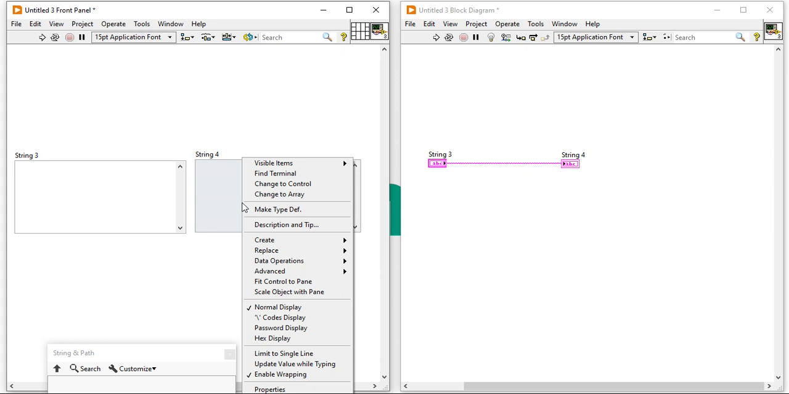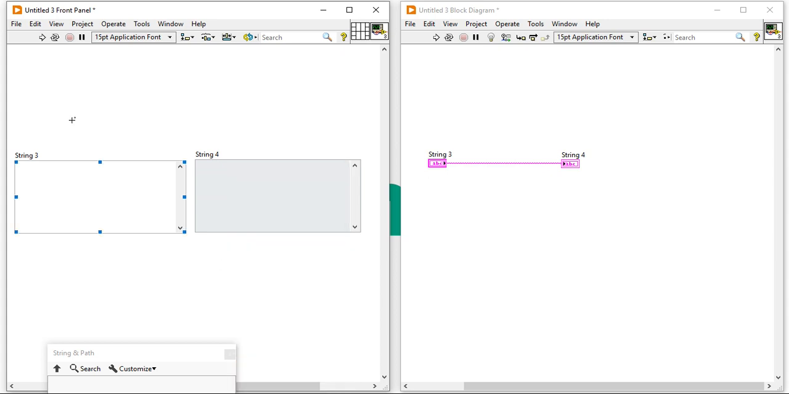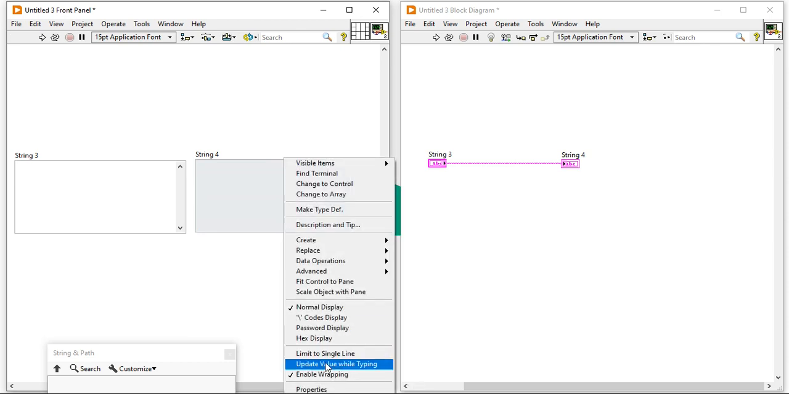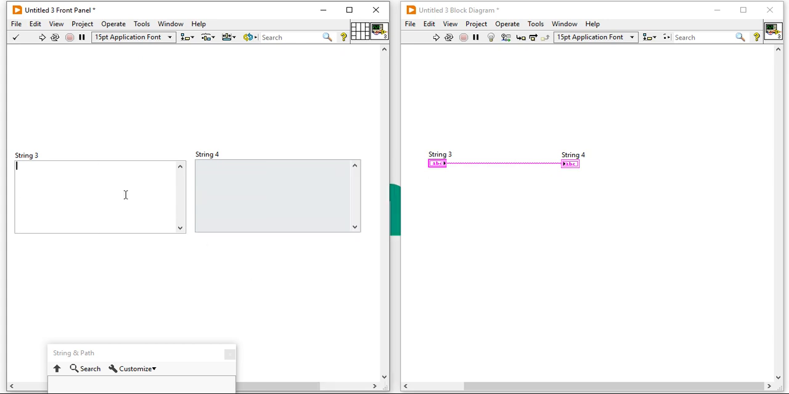There is one property which I am going to explain. Right click, update value while typing. Here I am going to enable update value while typing. Okay. So now, after this, whatever I type will update all those things on the indicator. But for that,